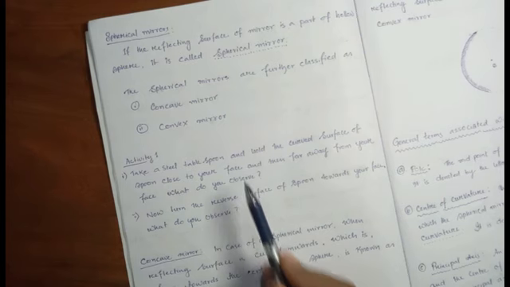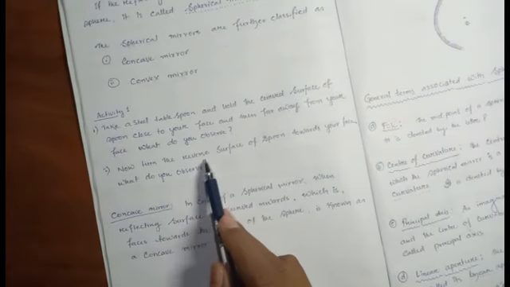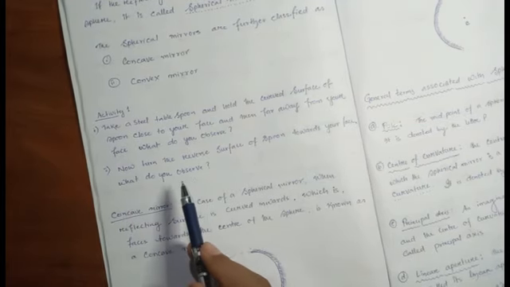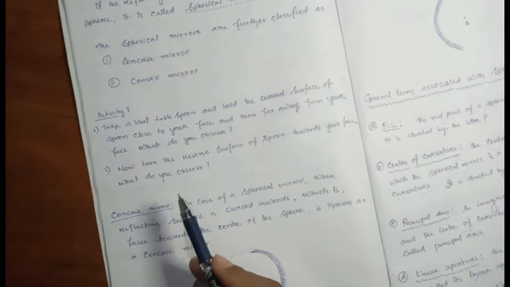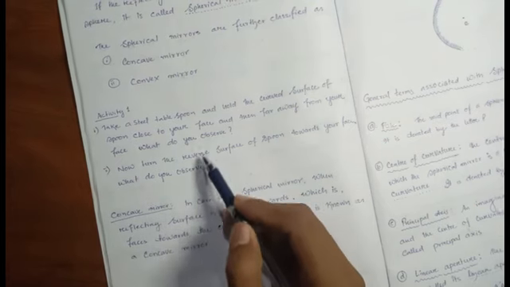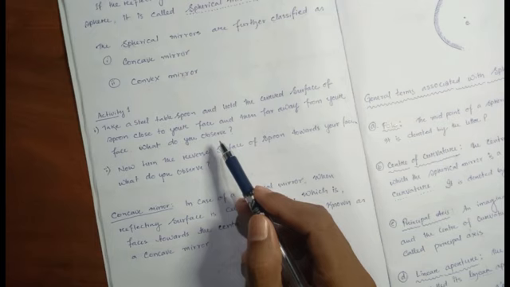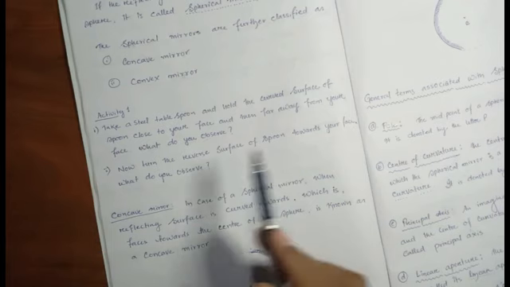So the size of the image may be smaller or bigger, that will depend upon the distance of the spoon from your face. And number 2, now turn the reverse surface of the spoon towards your face. What do you observe? In this case, it is seen that the image is upright, but smaller in size. So almost similar kinds of images are seen when you see your face in a curved polished object. So these are the two activities you can do yourself and you can distinguish the images that you observe on the two surfaces of your spoon. Clear? So I hope you will do this activity at your home.